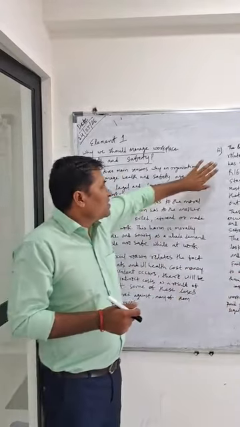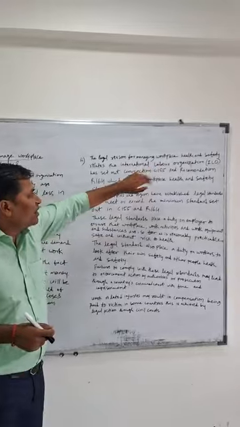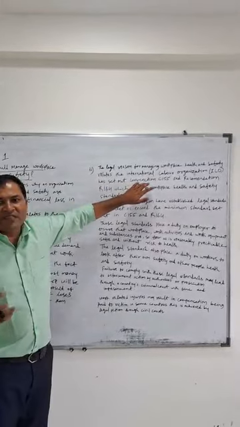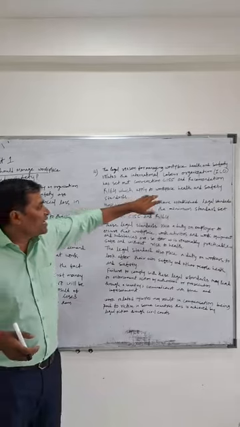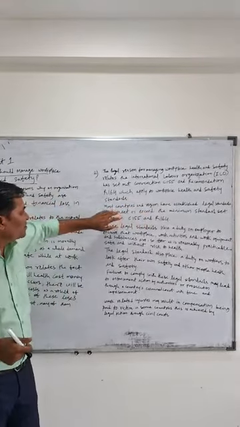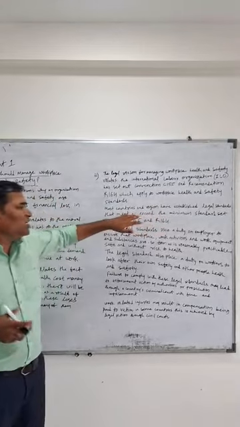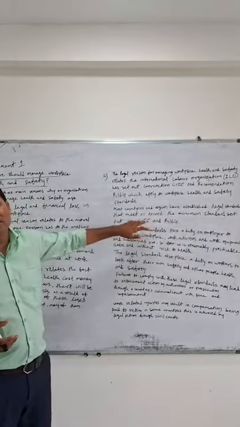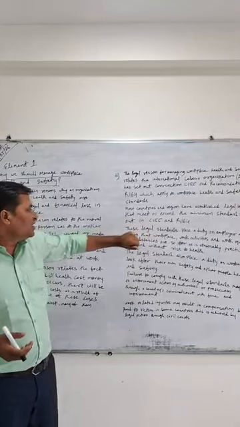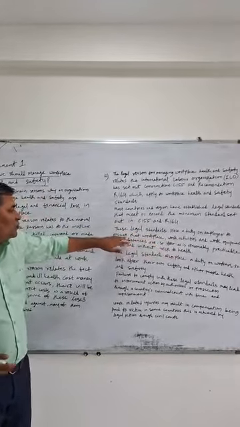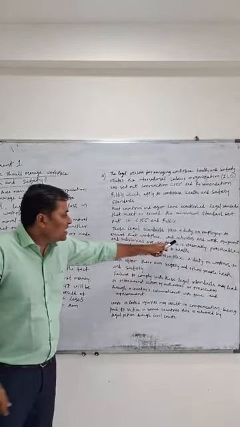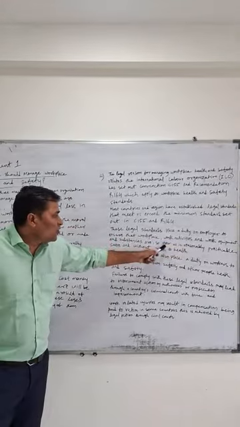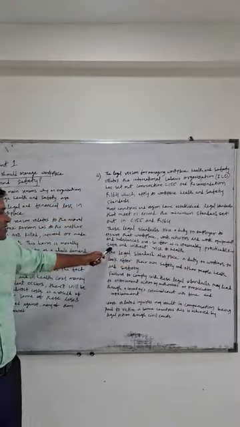Understood? The second reason is legal. The legal reason for managing workplace health and safety relates to the International Labour Organization, ILO, conventions. ILO Convention C155 and Recommendation 164 apply to workplace health and safety. Most countries and regions have established their own legal standards that meet or exceed the minimum standards set out in Recommendation 164 and Convention C155. These legal standards place a duty on employers to ensure that the workplace, work activities, work equipment and substances are, so far as is reasonably practicable, safe